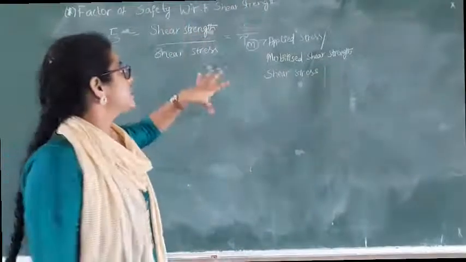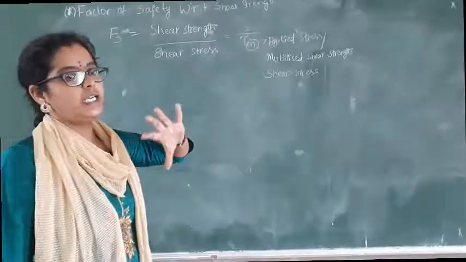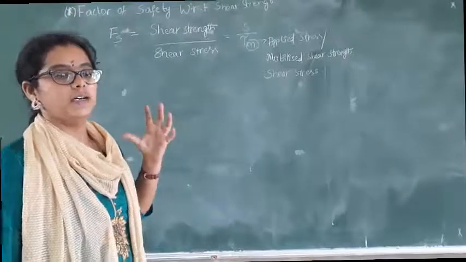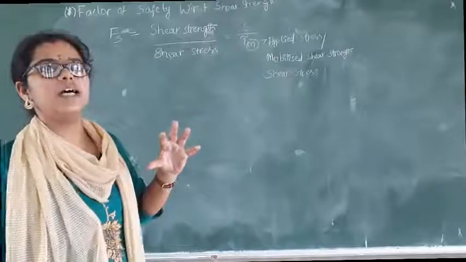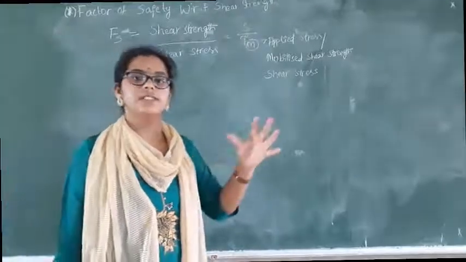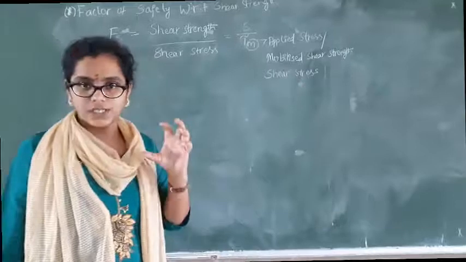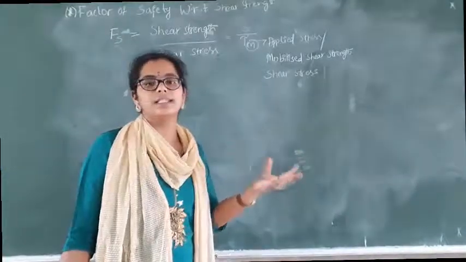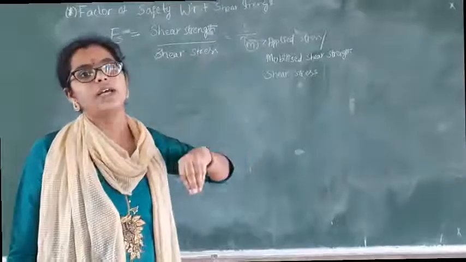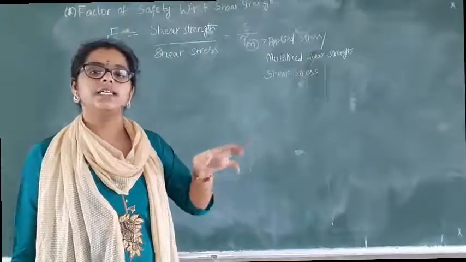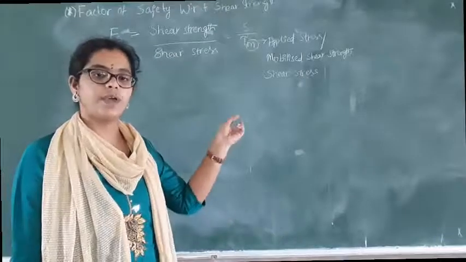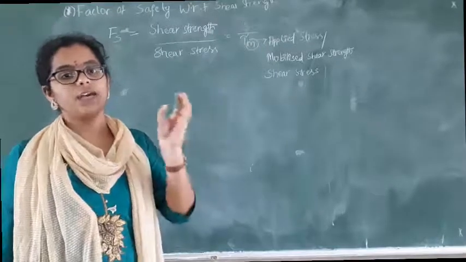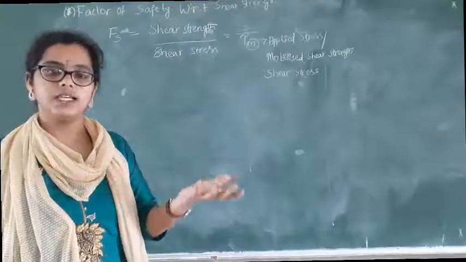Resistive force. Shear stress is the causing force. So we decide the factor of safety with the resisting forces versus the causing forces. Any structure failure can be understood like this: if the stresses are more than the strength, then that structure will undergo failure. In the same way, in the case of slopes also, if the stresses are more than the strength, then the slope